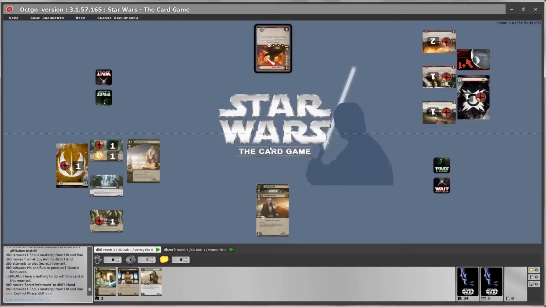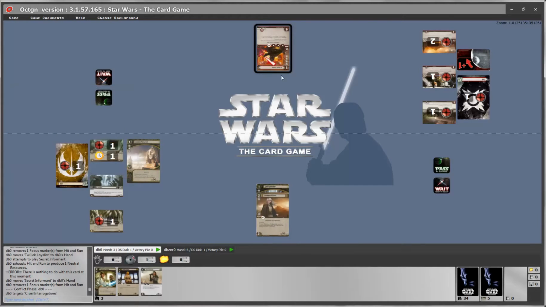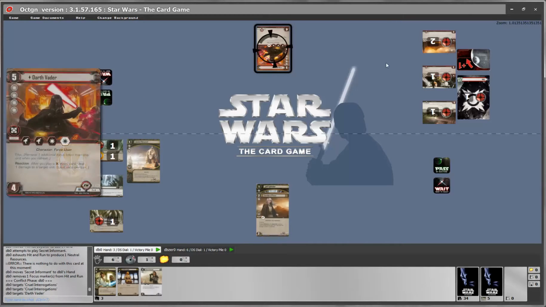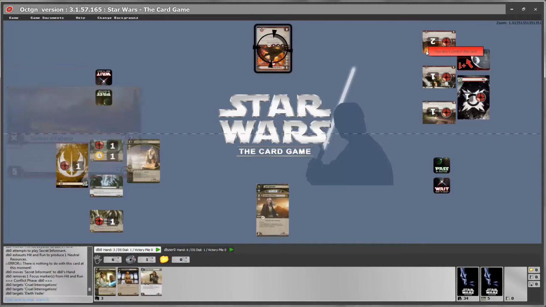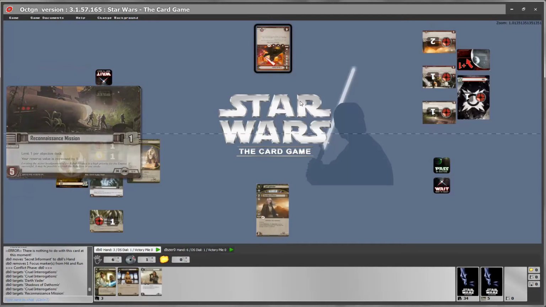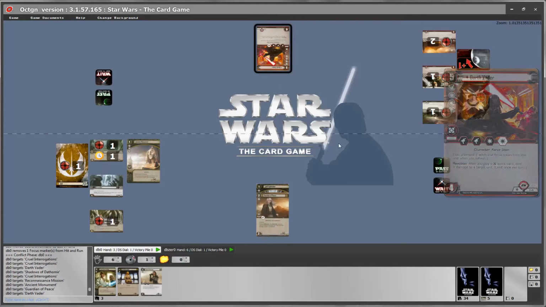Now, how does conflict work? To start a conflict, you have to target a card. To target, you use shift click. Shift clicking on a card allows you to target or untarget it. So if I shift click on any of my cards, I can add or remove their targeting reticule. You can do this on your cards or on opponent cards, no problem.